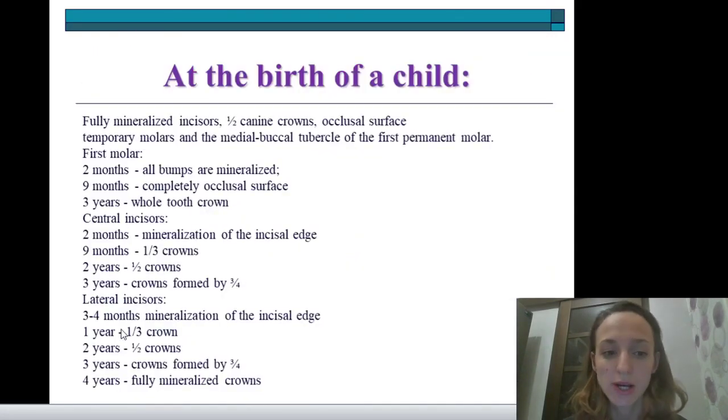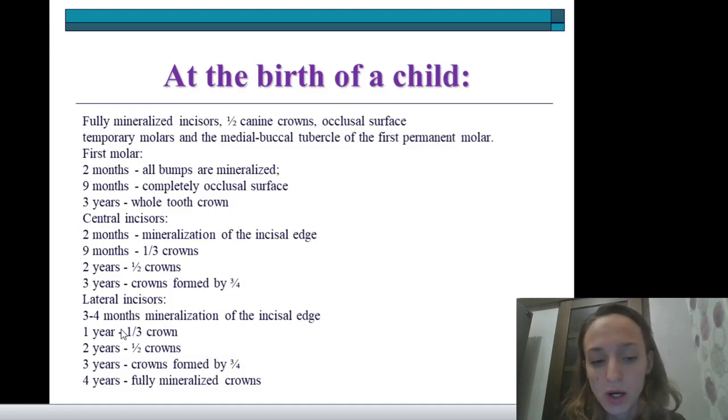At the birth of a child, the following are mineralized: incisors, 1.5 canine crowns, the occlusal surface of temporary molars, and the medial buccal tubercle of the first permanent molar. First molar: at 2 months all cusps are mineralized, at 9 months the occlusal surface is complete, at 3 years the whole tooth crown. For the central incisors, at 2 months mineralization of the incisal edge,